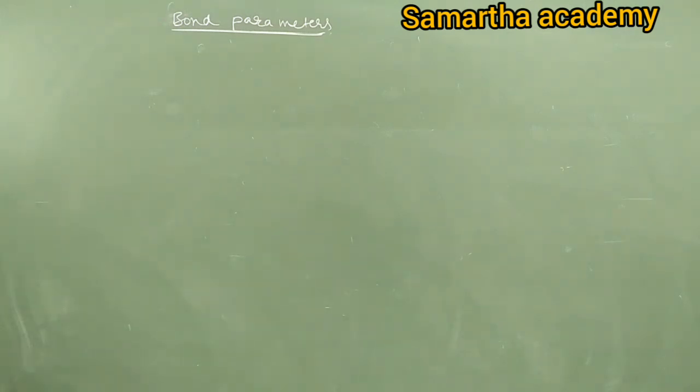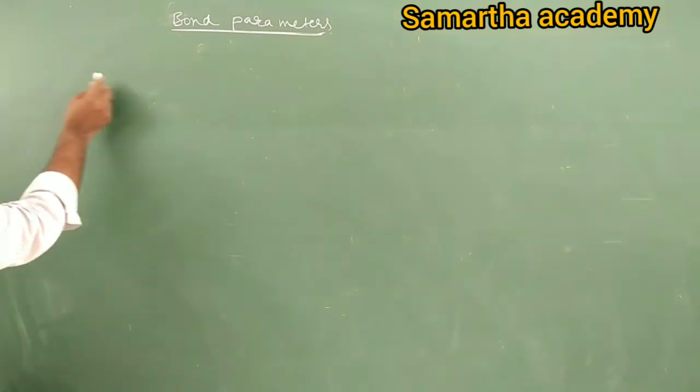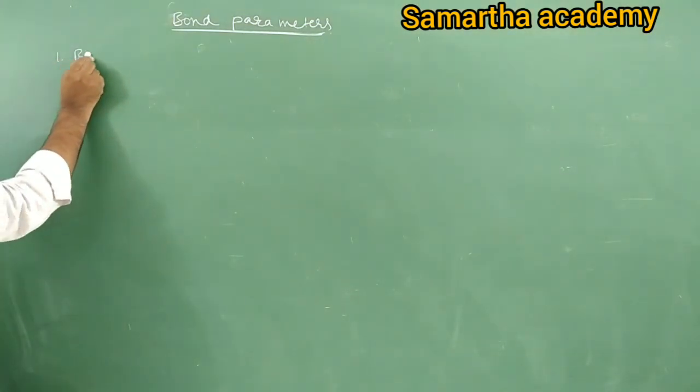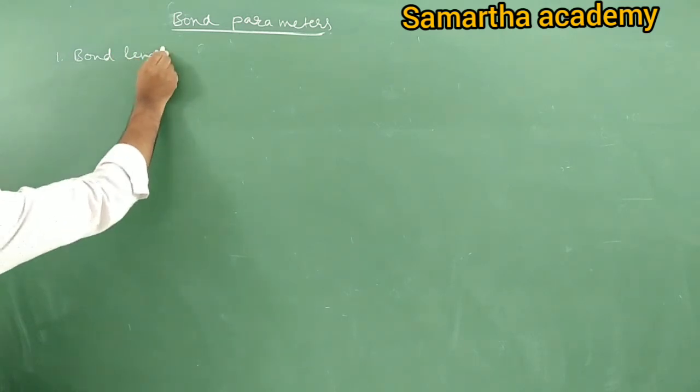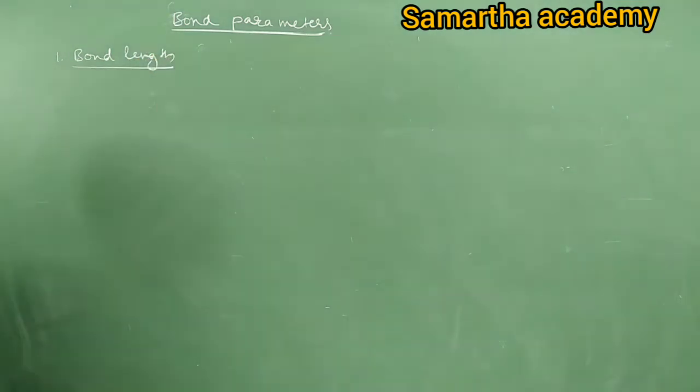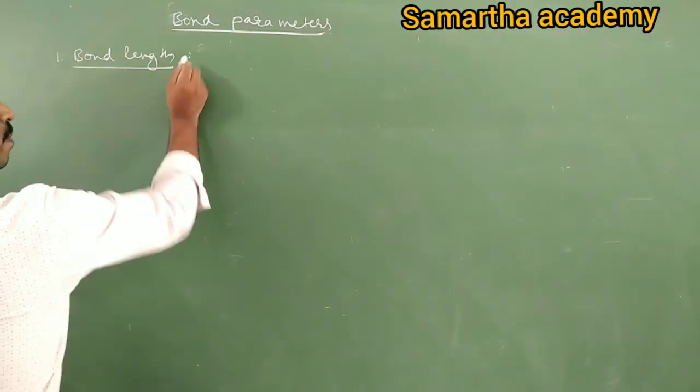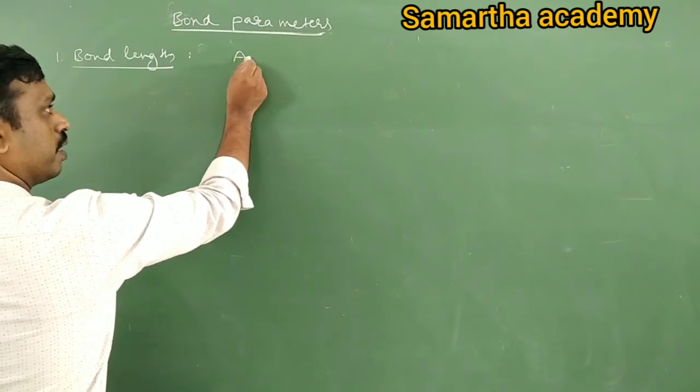Therefore, if you want to study any molecule in detail, particularly a covalent molecule, you need to study 3 points. One is bond length: what is the bond length of the molecule? What is the bond angle? And what is the bond energy? These 3 are the important parameters of any given bond. So the bond parameters we study are: 1, bond length, 2, bond angle, and 3, bond energy. First, bond length. What is bond length and what are the factors affecting it? Questions are important. Tell me, let us take atom A.